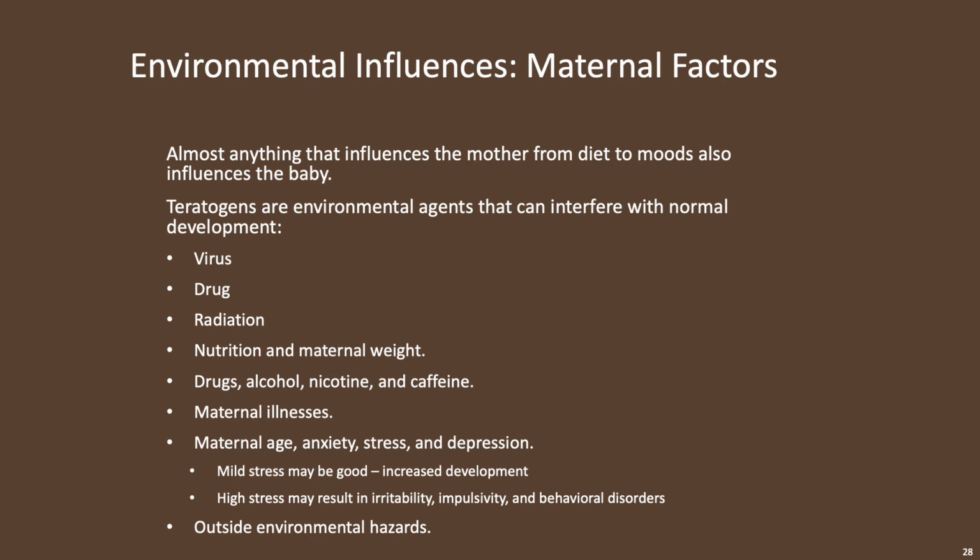And then there are also outside environmental hazards. Did you know that women need 300 to 500 extra calories a day and they gain 16 to 40 pounds during pregnancy? In the U.S., about 21% of women gain too little weight and 48% gain too much. If a woman gains too much weight, she may have to deliver the baby by cesarean section. She is also at increased risk of preeclampsia, gestational diabetes, and postpartum hemorrhage.